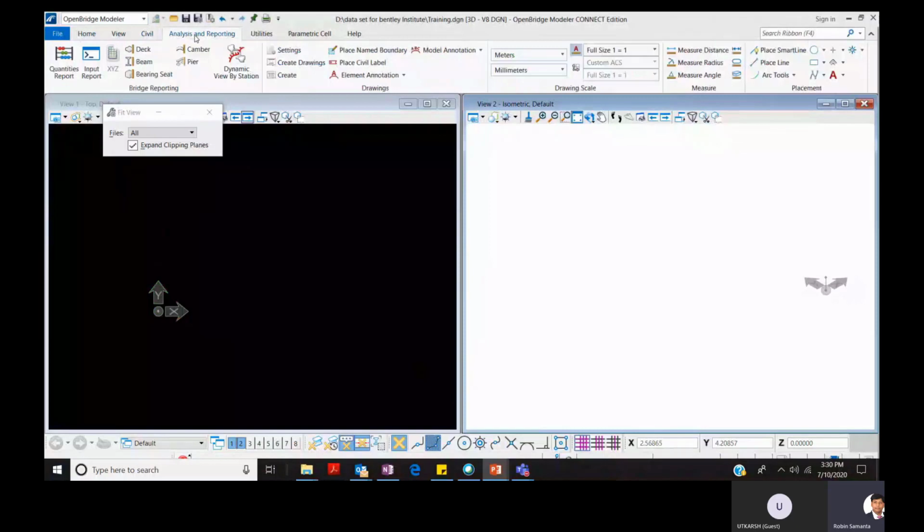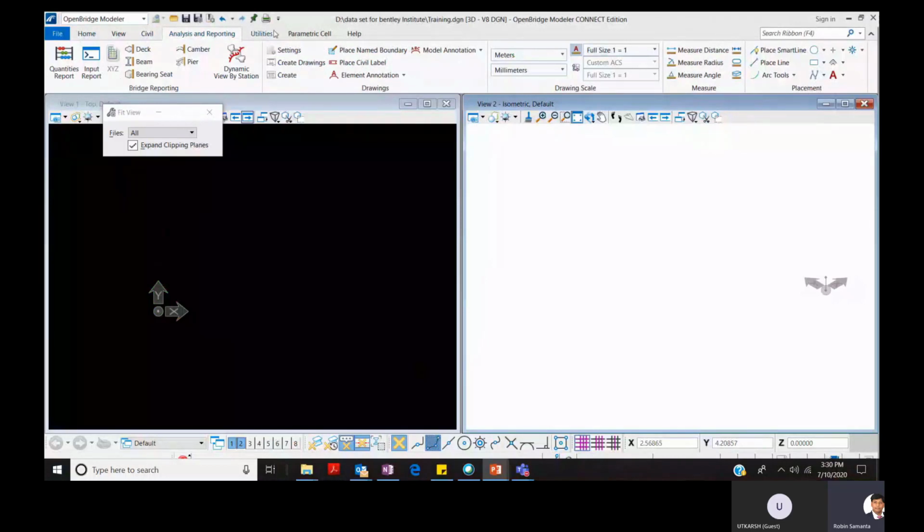So once you have created your 3D model, you can use these different tools to generate different kinds of reports. You can see quantities reports available. Then these are certain elevations reports. Then you can create the drawings from here. You can set up your sheet. You can set up the scale. So these are the tool sets for your drawings.